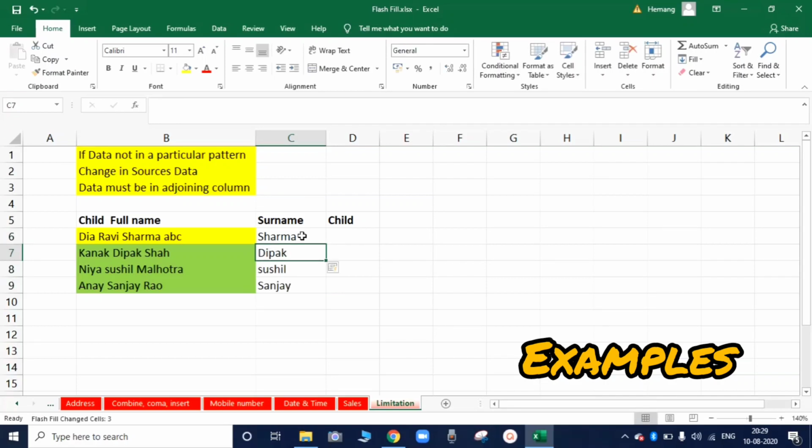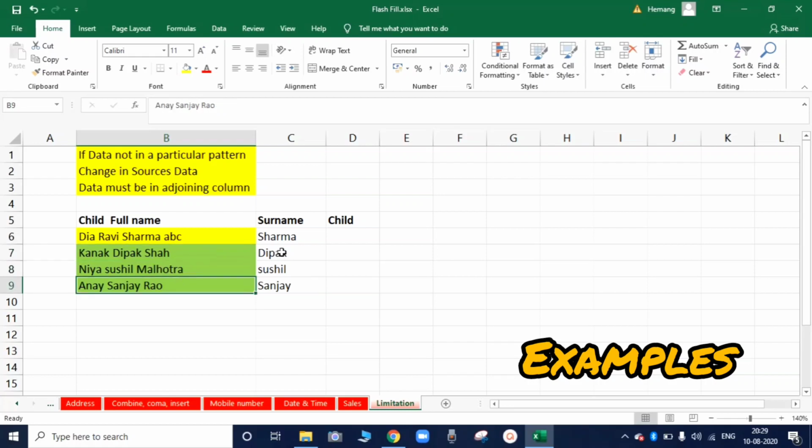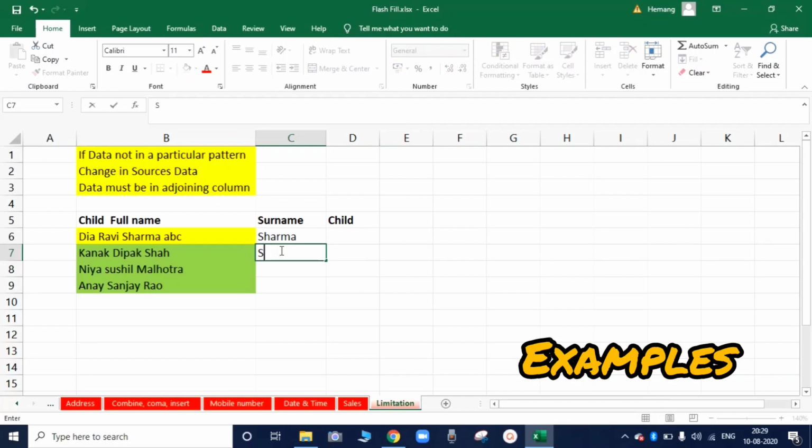If I press Ctrl E here, it will not show all the surnames, because now Excel is confused because it is taking the second last word of each child name. So you have to train Excel by writing the second child's surname and then press Ctrl E. So now you can check that all the surnames have come up.